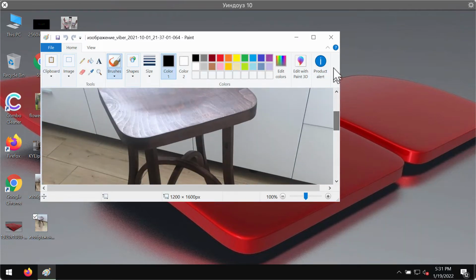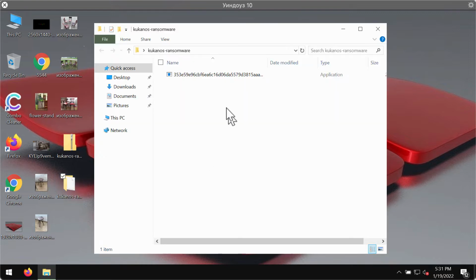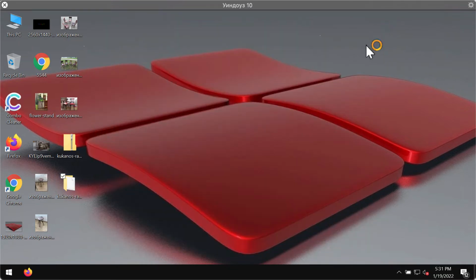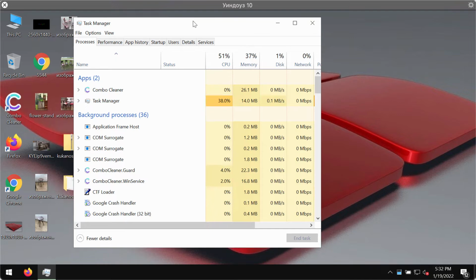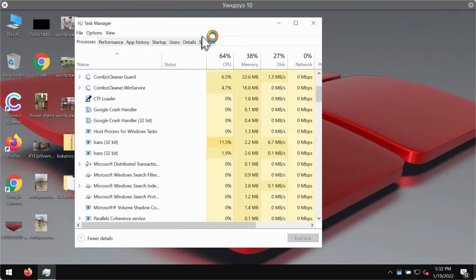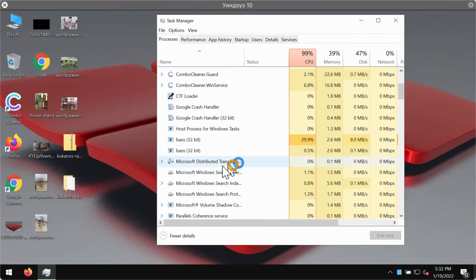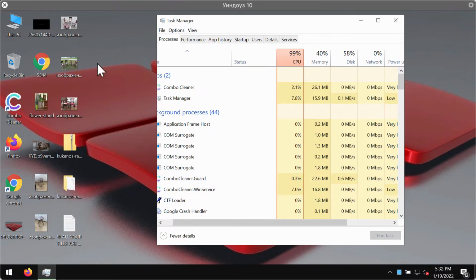files, and other documentation. However, it might happen that suddenly, because of certain vulnerabilities in the security of the specific computer, this Kukanos ransomware may be injected into the system. After the ransomware attack is successful, the ransomware starts immediately encrypting and damaging the files that people store on their systems. By the way, you may trace this Kukanos ransomware by the special process or several processes that could be